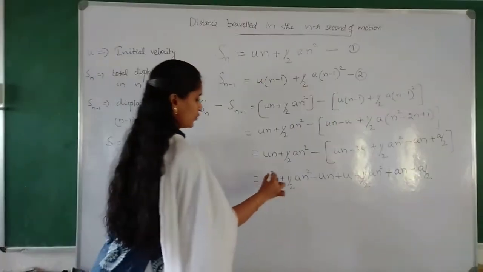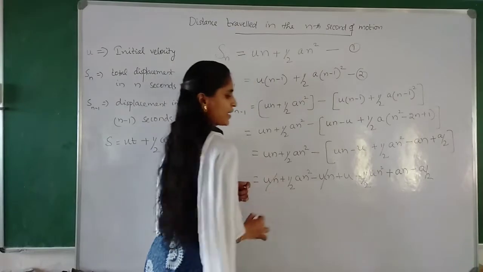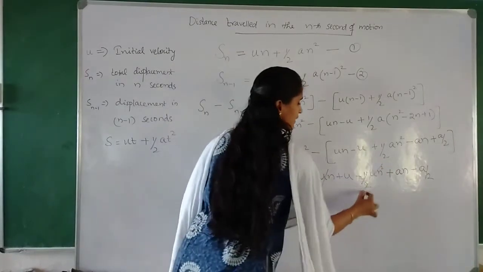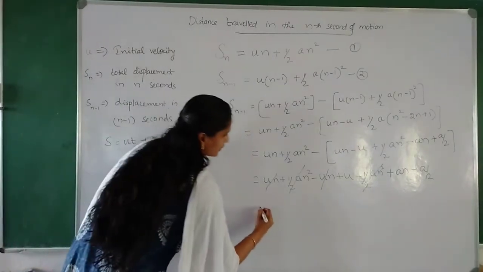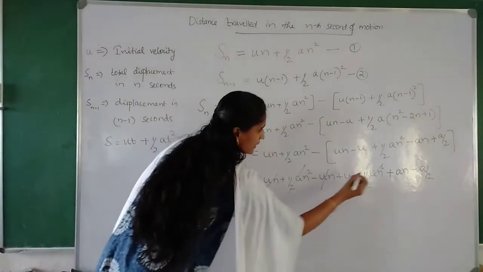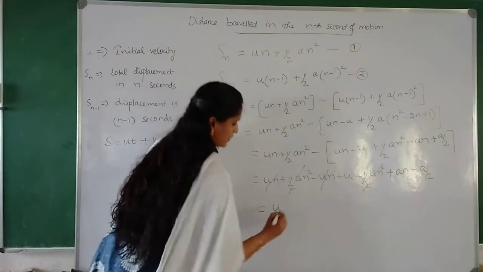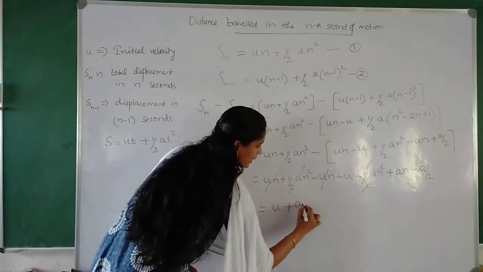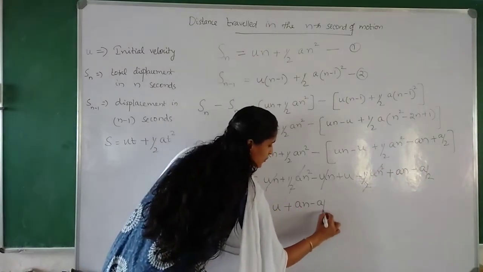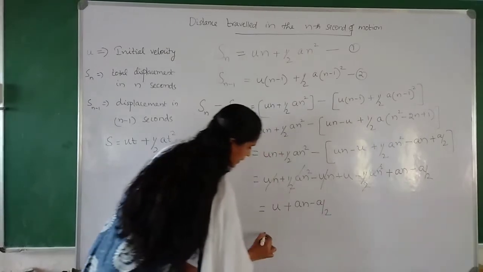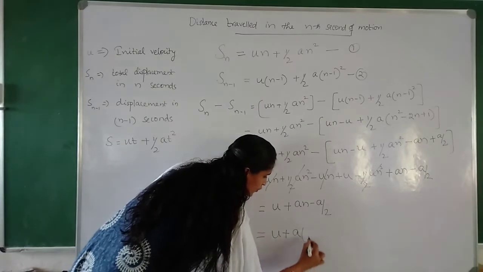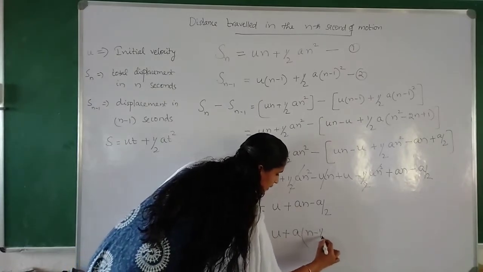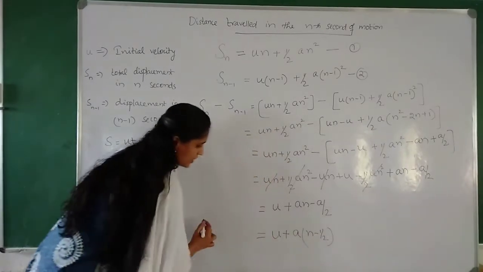Okay, so un will get cancelled, half a n square will get cancelled. So which terms are left? We will get u is left and here one a n is left. U plus a n minus a by 2, or this can be written as u plus a into n minus a. So the distance